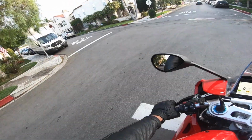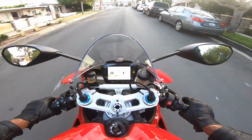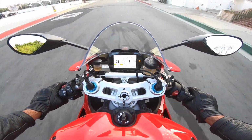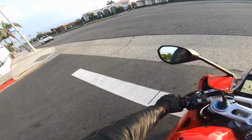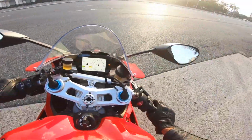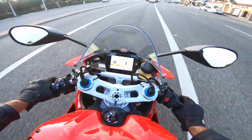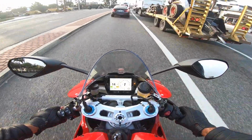But on the street, it seems like it feels a little much. Seat's super tall, it's canted forward, handlebars very low. It's a very committed riding position. It's not as extreme as old L-twin powered Ducati sport bikes, 916, 999,